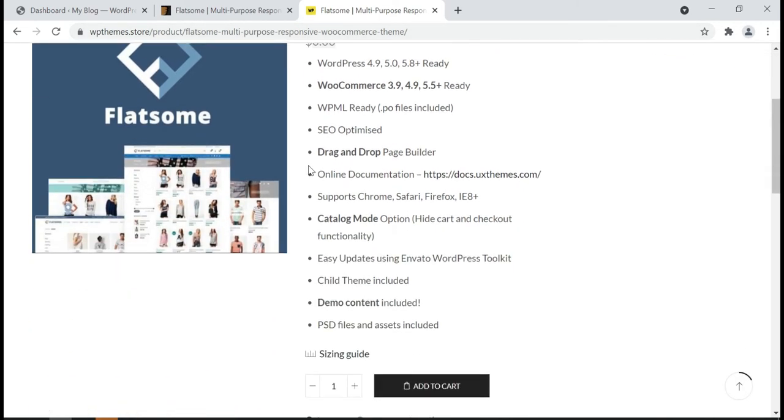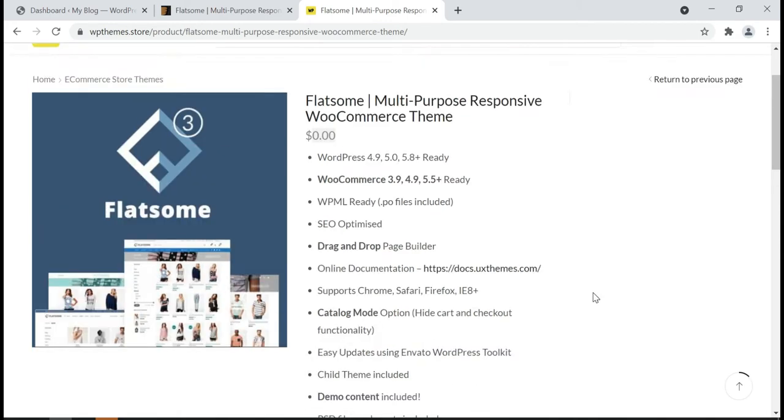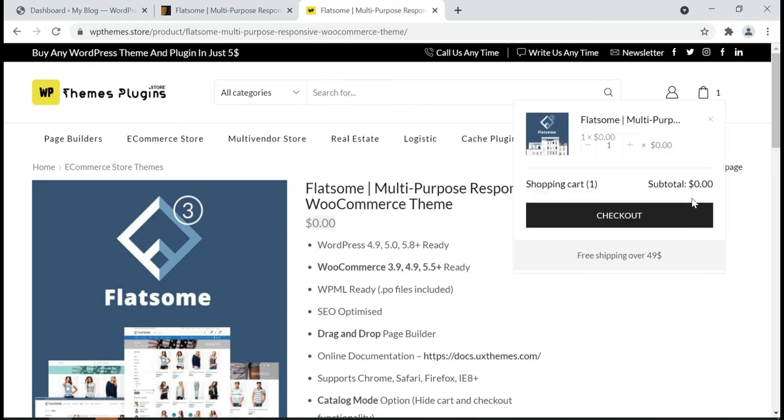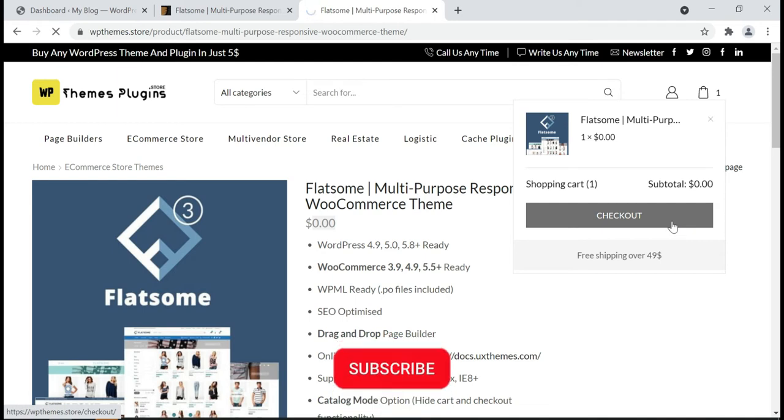Let's download it. First, add to cart. Once you add to cart, go to checkout.